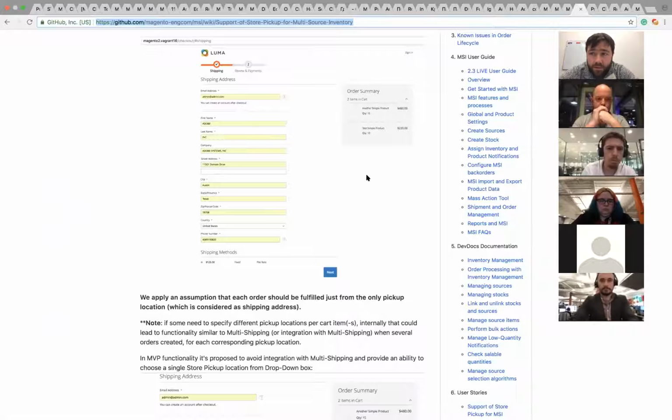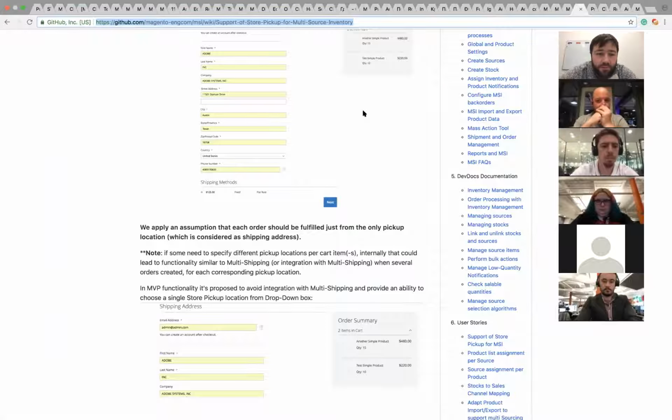Actually, we can implement this functionality, but it would be pretty similar to the existing multi-shipping. So how does the existing multi-shipping work? Under the hood, we create several orders, each one corresponding to a particular shipping address. So, for example, if we allow specifying store pickup per cart item, and different pickup locations are chosen for these two cart items, under the hood we will create two different orders, which is pretty similar to how multi-shipping works. Potentially, we can even integrate with multi-shipping and consider this a case of multi-shipping to different store pickup locations. But in the minimal viable product